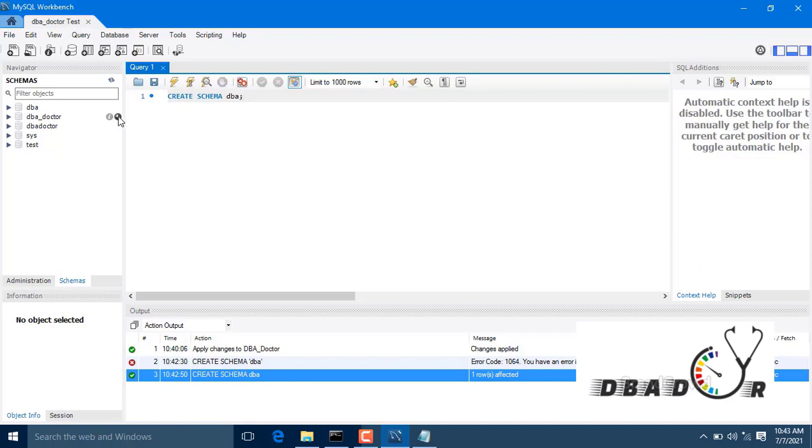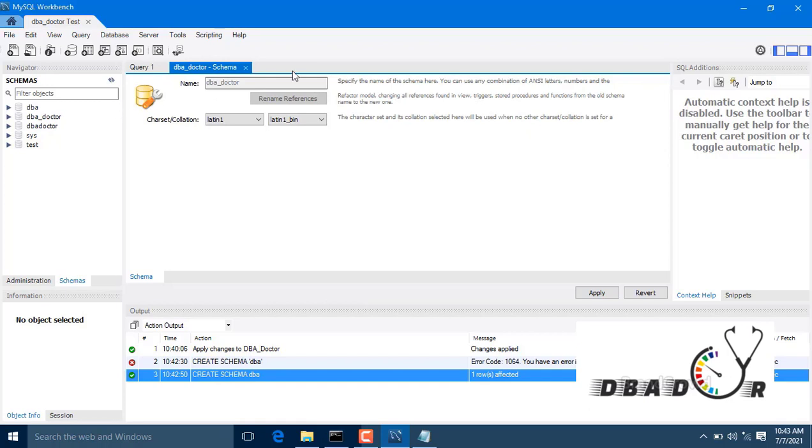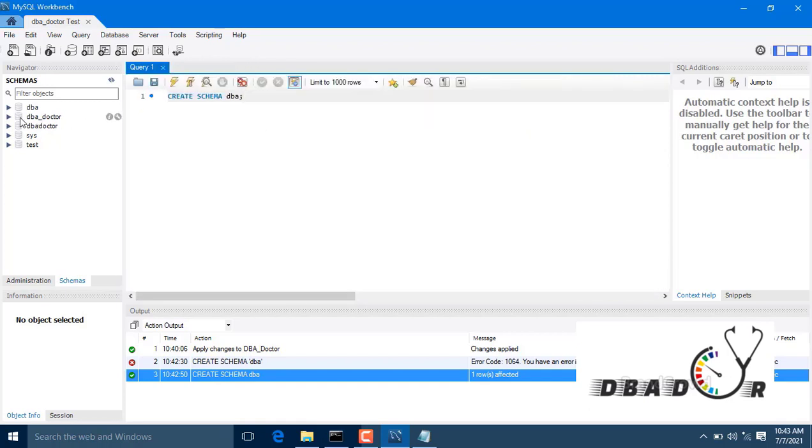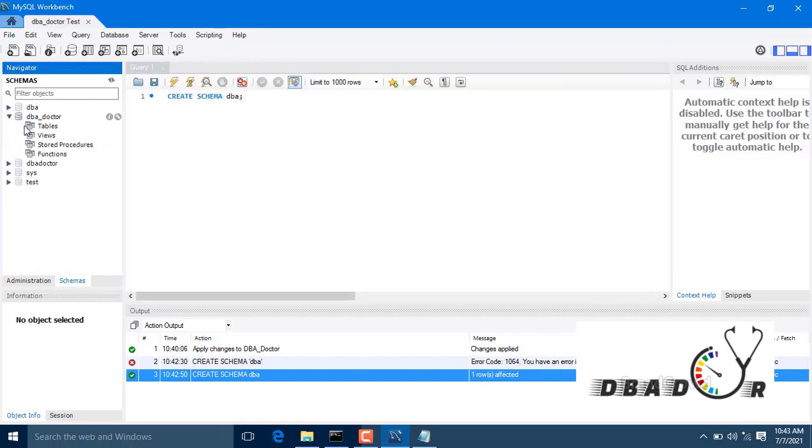What we have to do here for creating a table, we have to click this one under table. You have to right click, and here you have to select create table.